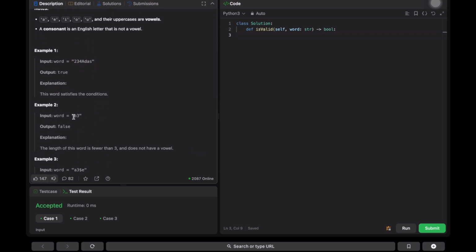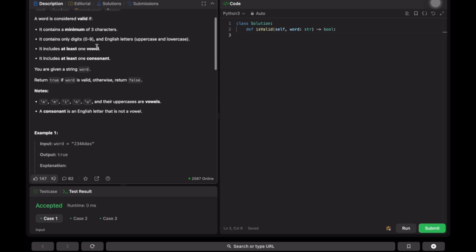But in the next example, it doesn't contain a vowel. It has only one consonant, and it should have one vowel, right?